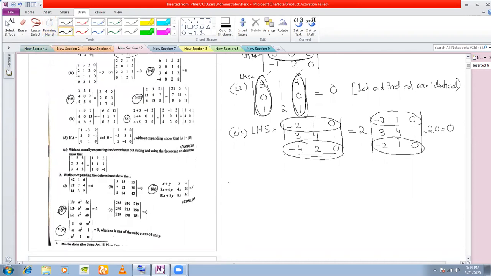Look at the next one, number 4. This is all for practice, just practice. And you will have to give your reason. I forgot to give my reason here in these two, but from next time I'll remember to do it. Left hand side is, write the determinant 7. This is a 4 by 4 determinant.